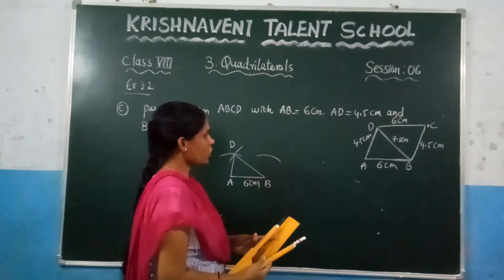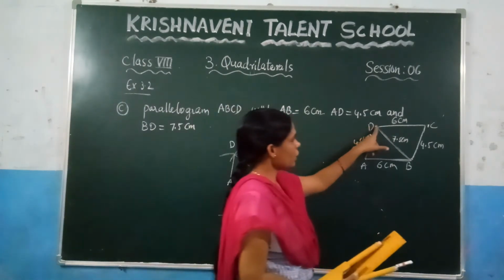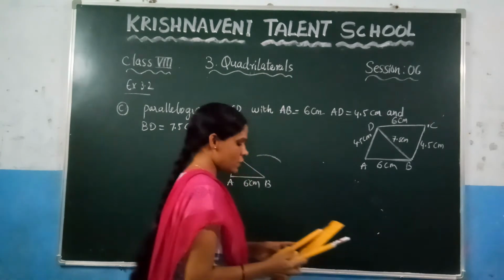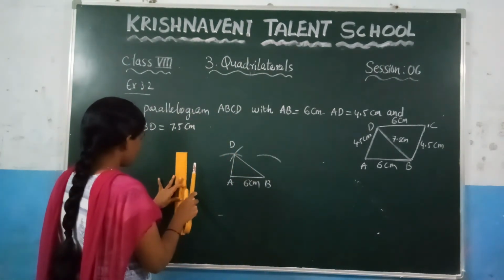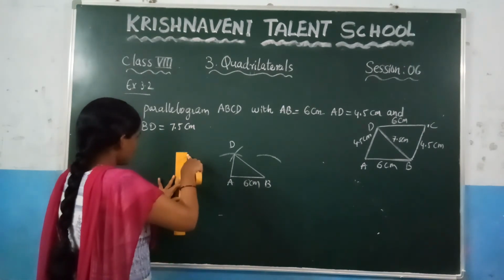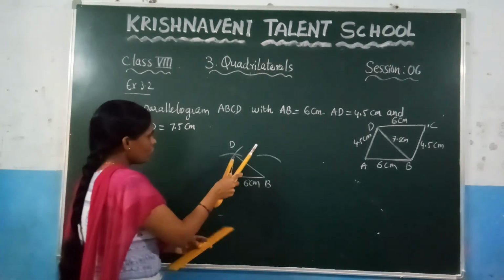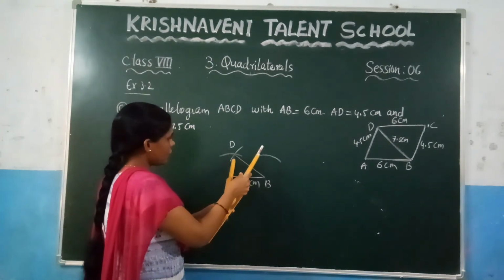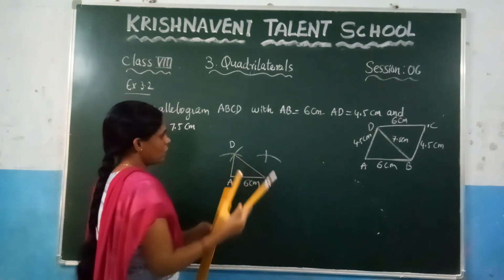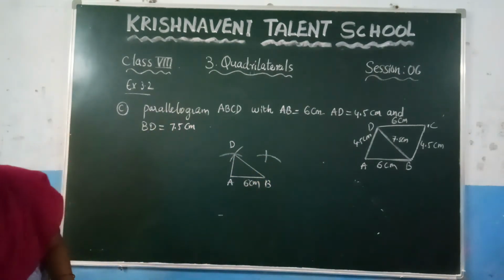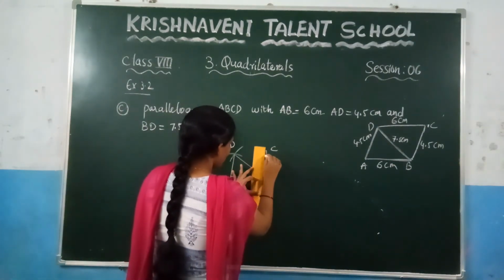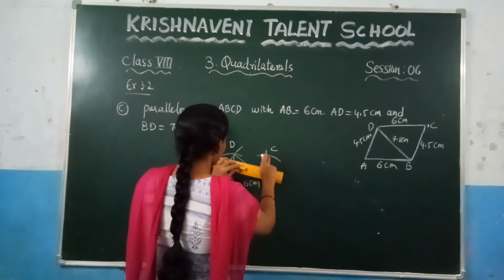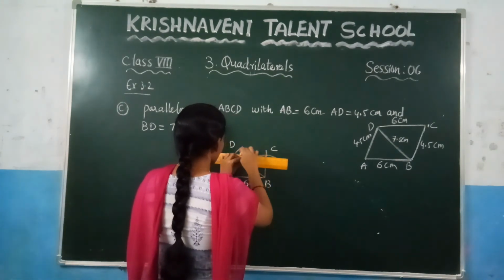Now, if you want to get an intersection point, from D you need to draw an arc of 6 centimeters. So take 6 centimeters as the length. This is 6, and you need to take it up to 0. Since we know the intersection point, at this intersection point draw an arc. Now we get one more intersection point. Let us name that point as C. Now you can join B and C, and similarly join C and D.